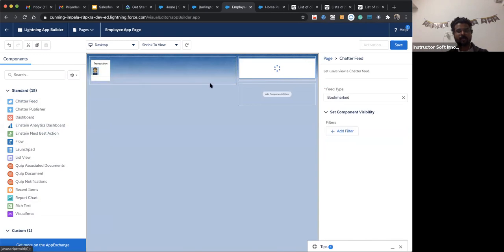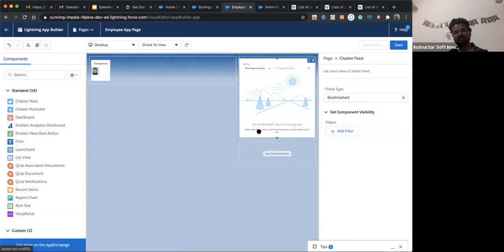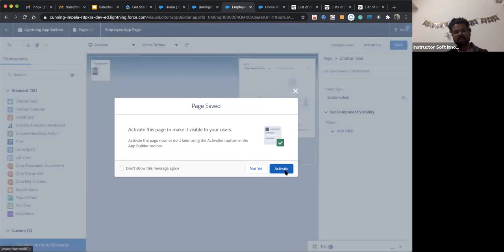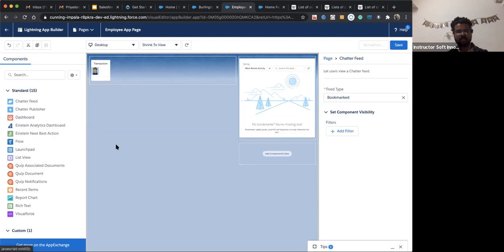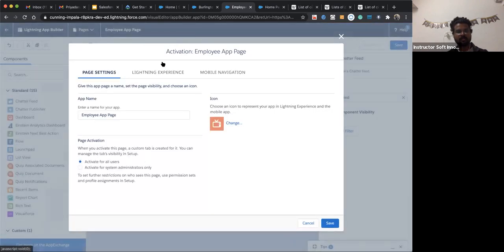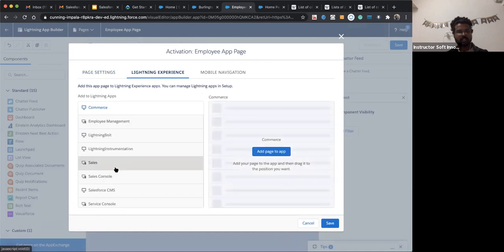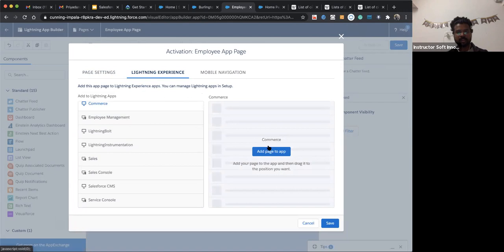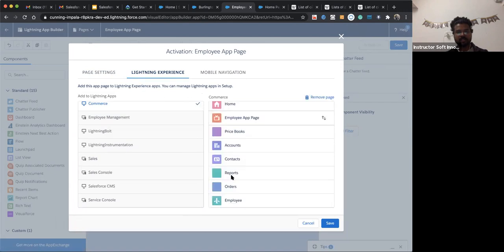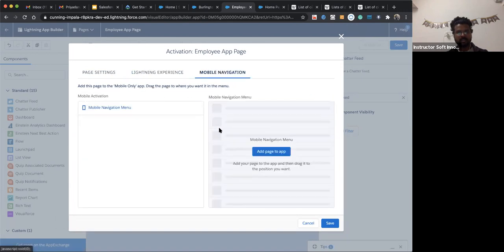So today, this is the way we create an app, customize it, and activate that app for a particular profile or user. Since it's a custom app, it's asking for which app we want to add it to, and then it will ask in which Lightning experience. Also you can add it for mobile.